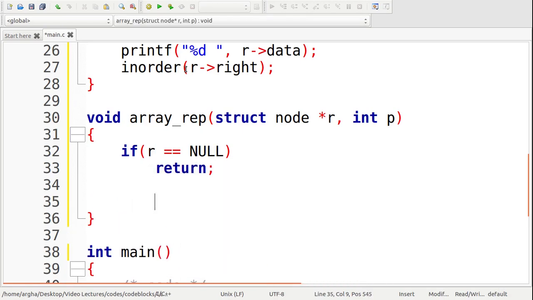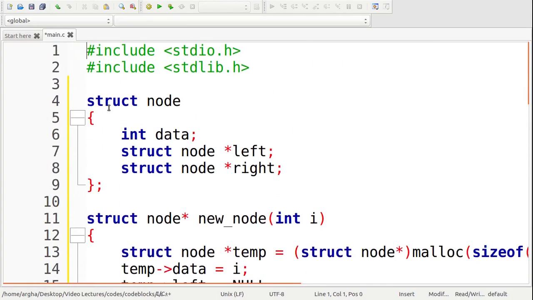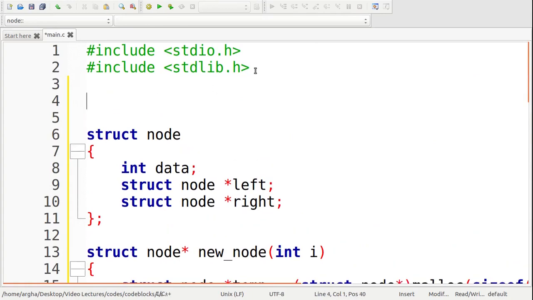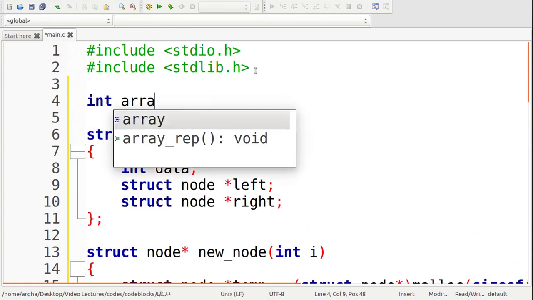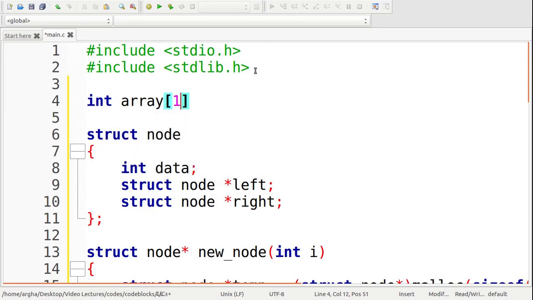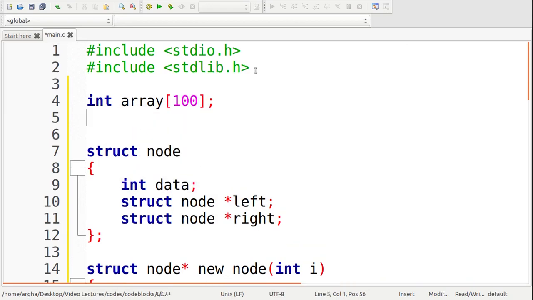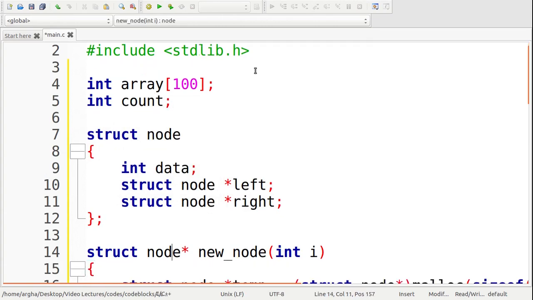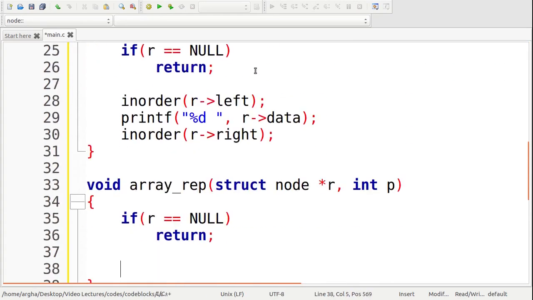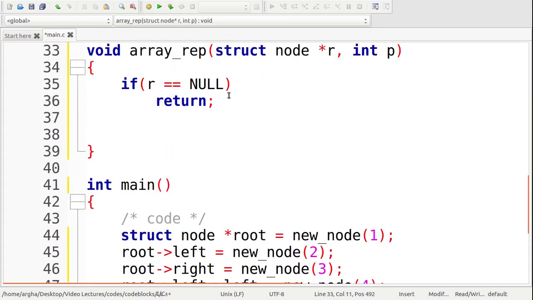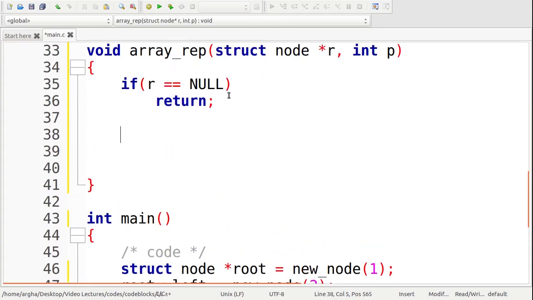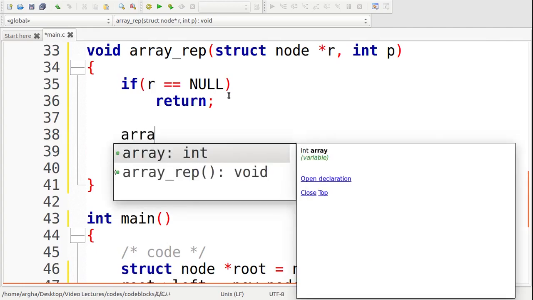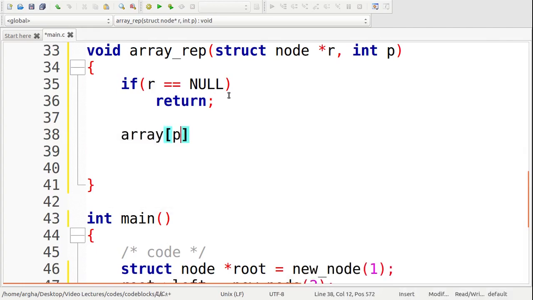Now when we are doing this array representation, we have to take an array, right? So for that I'll take this array as a global variable. I'll take an int array, let's say of size 100. I'll also take a global variable called count. Now here in this function, if the root node is not null, what I'll do first is array of p